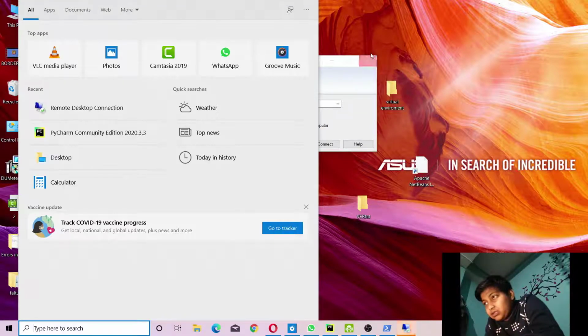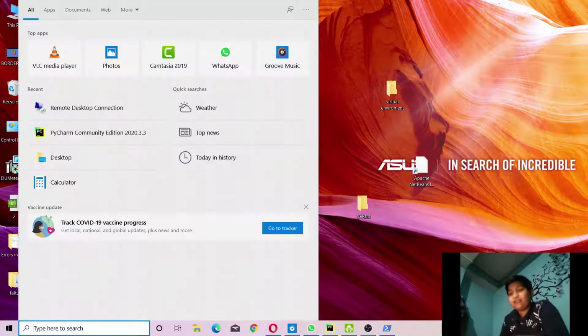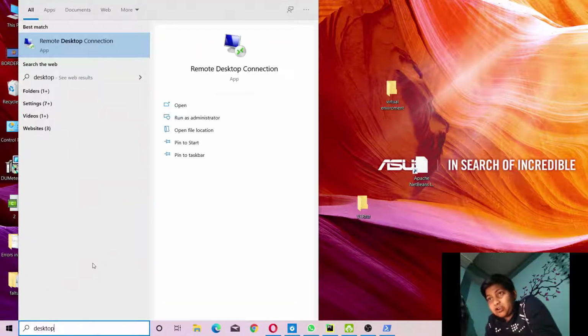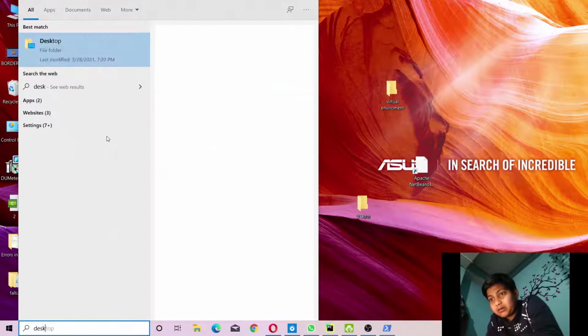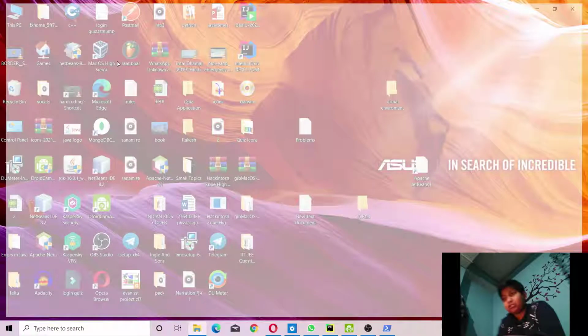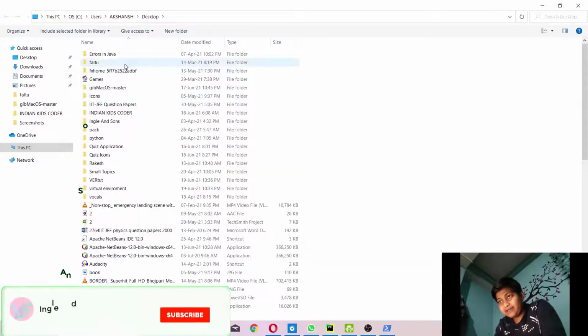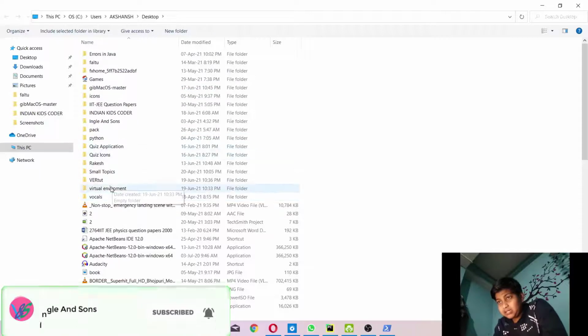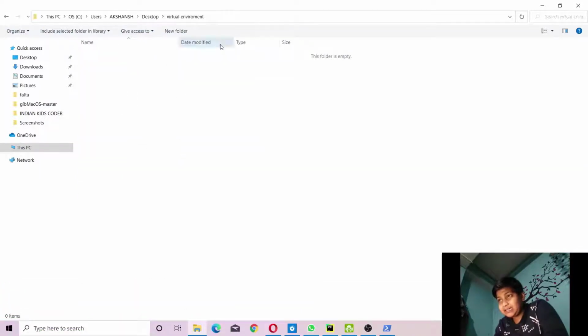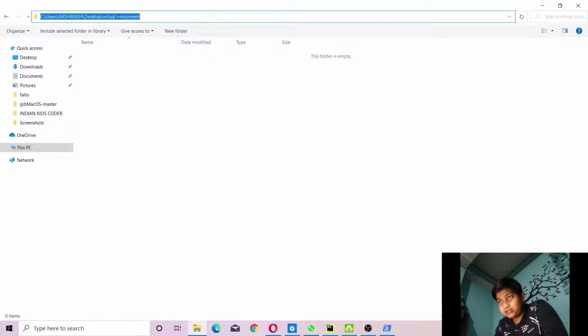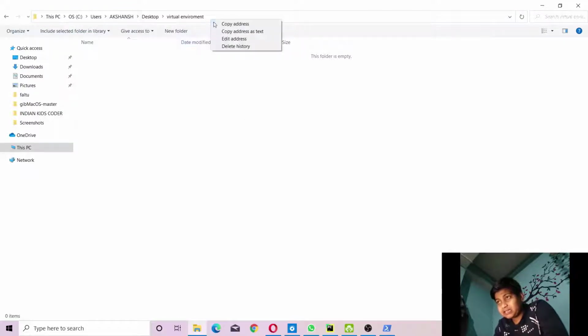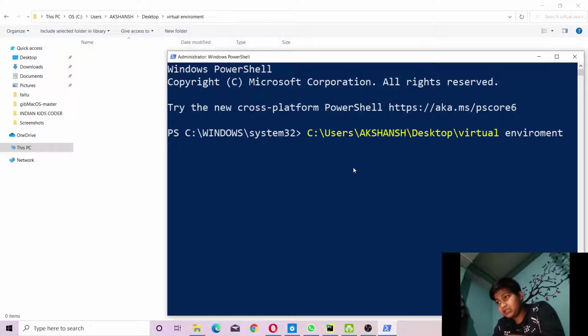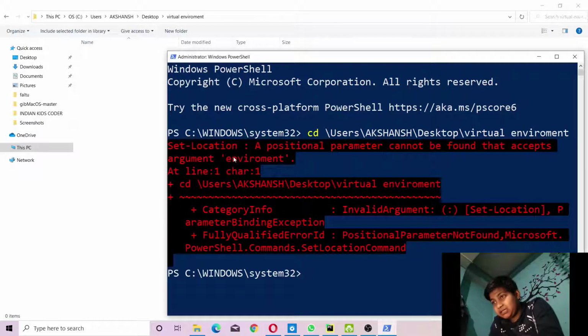Okay, see, it's showing that folder, and then inside this you have to select that folder. Just right click it and copy address. Go here, paste it, and in place of this you have to type cd space, and as you press enter,